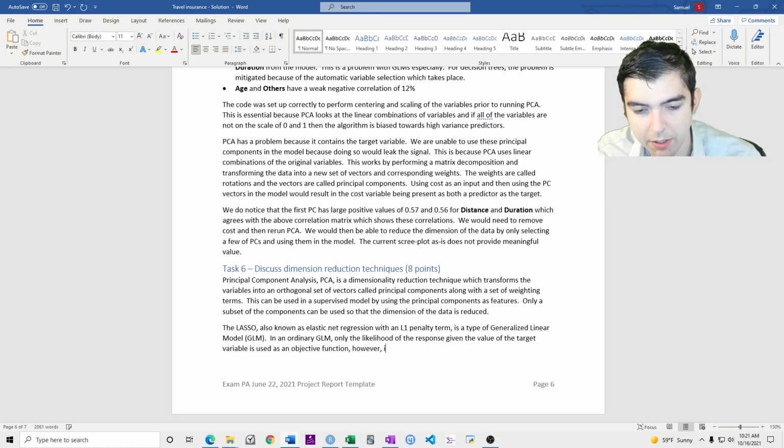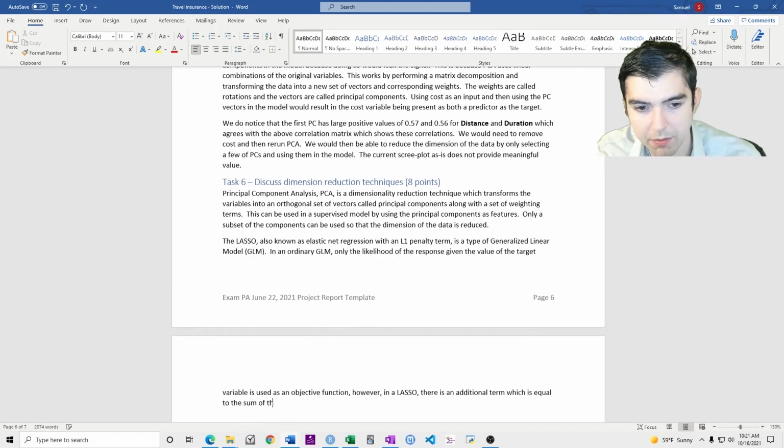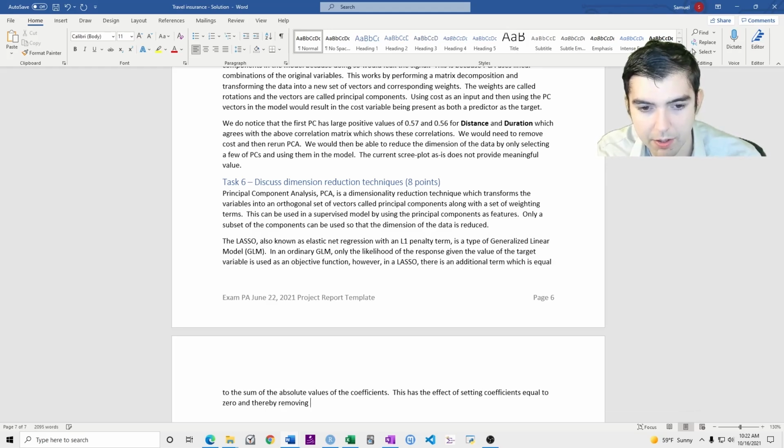However, in a lasso, there is an additional term which is equal to the sum of the absolute values of the coefficients. This has the effect of setting coefficients equal to 0 and thereby removing them from the model.